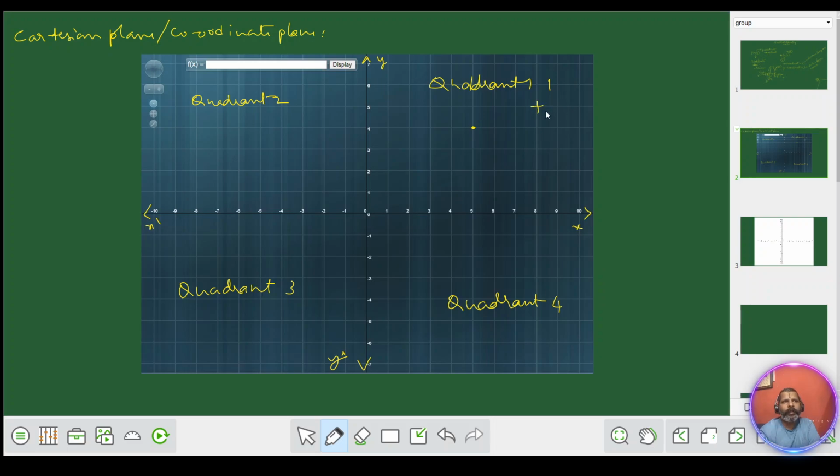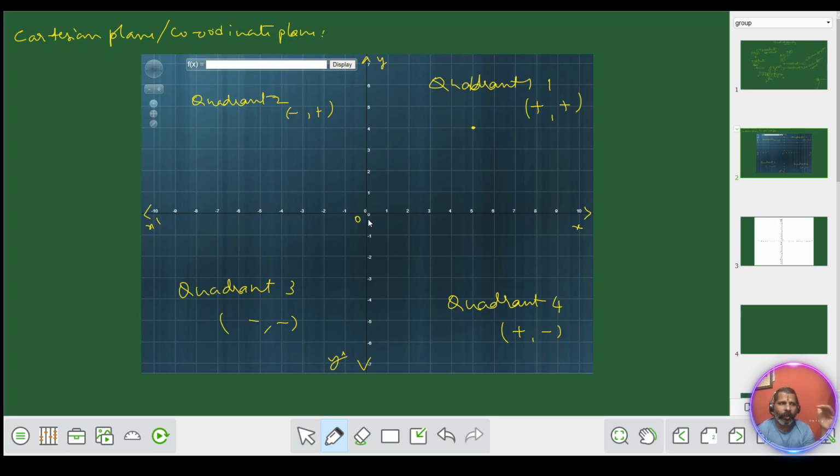The first quadrant, the coordinates will have the sign plus and plus. These are all basics which you might have learned in 9th and 8th standard. We'll just recap quickly and move on. As you can see, how do you decide the signs? Well, this